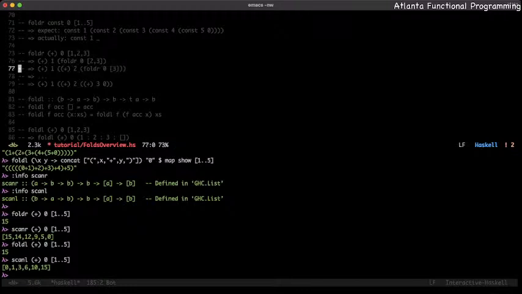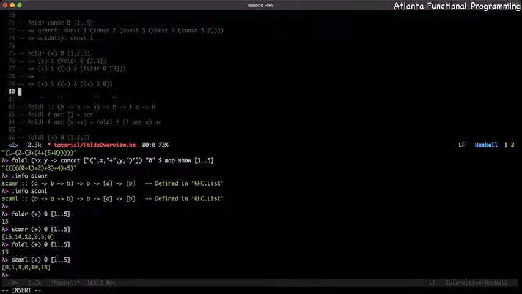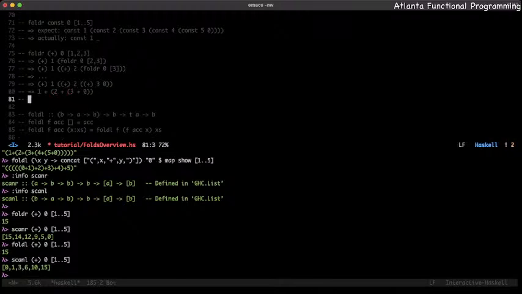Okay, this evaluation could easily be written, if you feel more comfortable, as 1 plus 2 plus 3 plus 0. And generally speaking, this is going to be applied that same way, where we have some sort of generic fold for a given